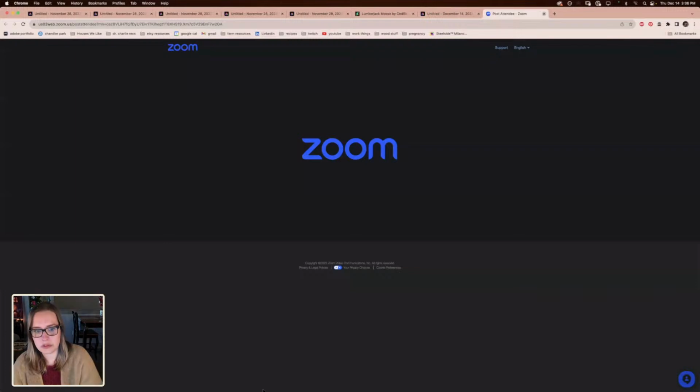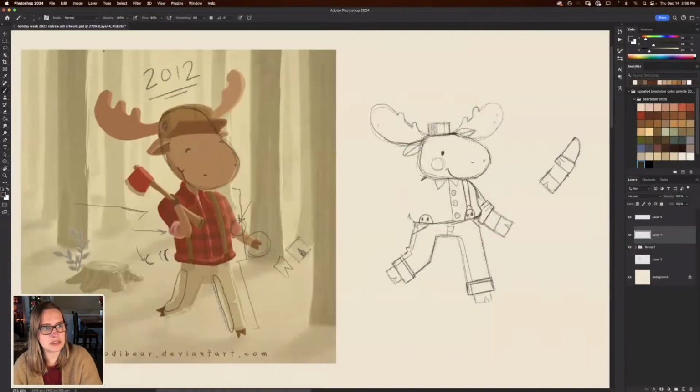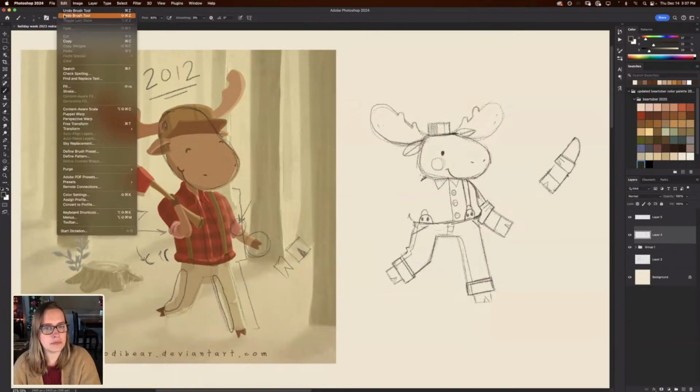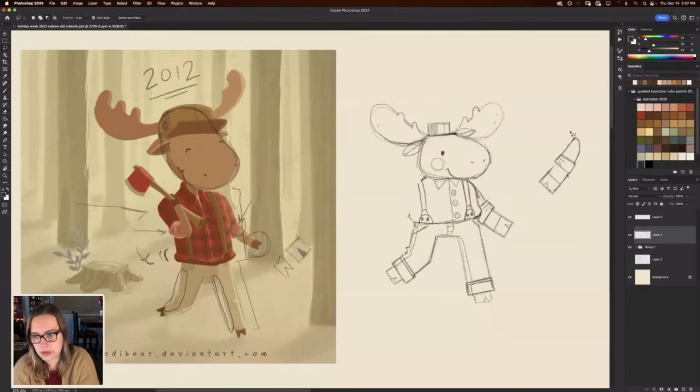Whoa. Zoom, what are you doing? My goodness. Zoom is out to get me today. Maybe that would be a good testament as to why we should just go with the straight arm instead. Because I have realized that I don't draw these kinds of poses very well. And maybe I should just be okay with that.